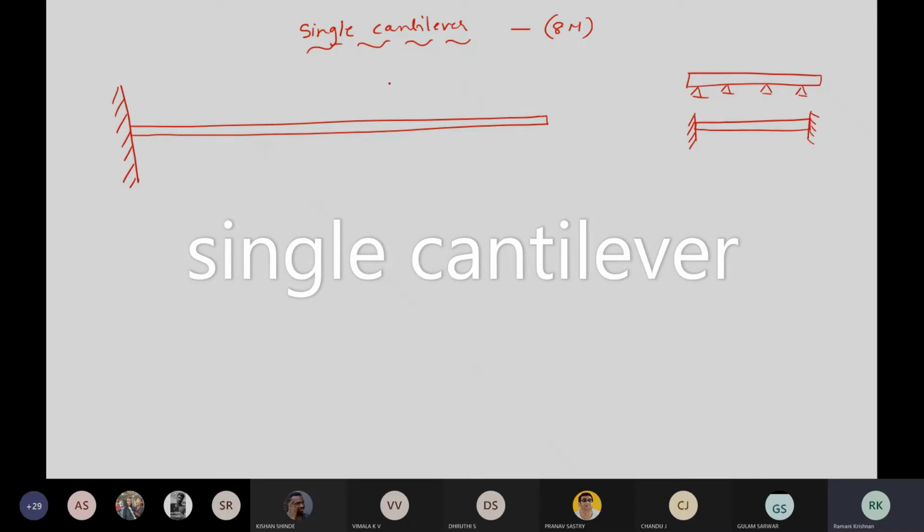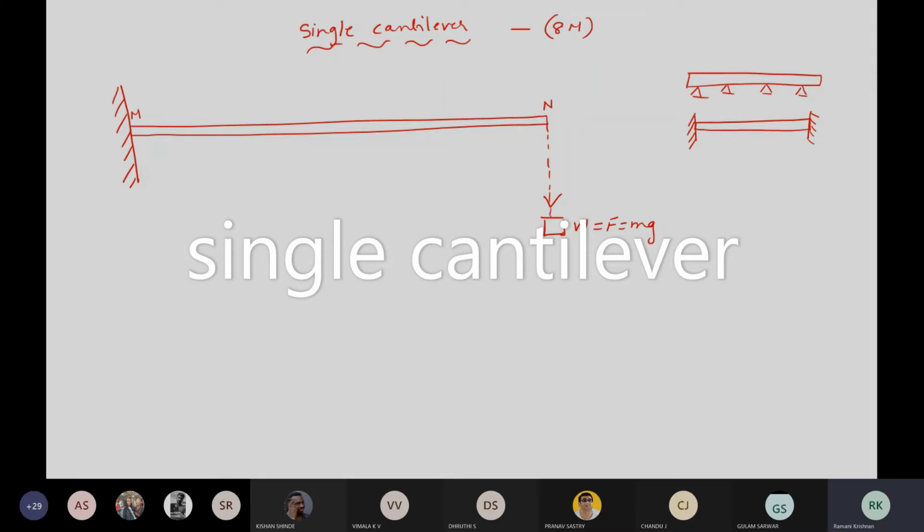Okay, so this is called a single cantilever. Let us consider it is fixed at point M, and this is a point N where it is free. From the diagram itself, we can see I'm going to add a weight here. A weight is added, which is equal to a force, mg, and it is going to act downwards.